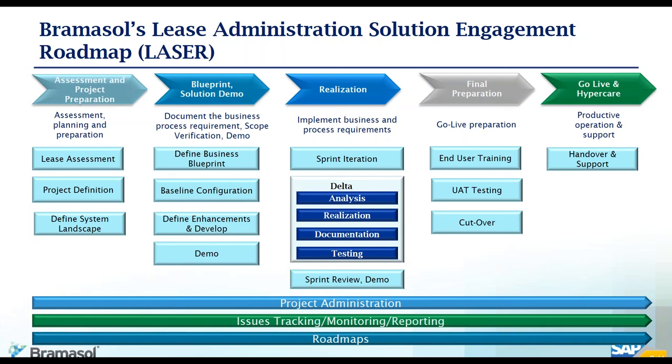So we start with the assessment and project preparation, which is the first step. Then we go to blueprint and solution demo. I'll tell you why this is very important. As I said earlier, the accounting is new. Accounting makes a lot of changes to the business process, which in turn you have to comply with. So you have to change your system, the way it behaves, the way you configure and design it, right? Everything has to be changed, starting from asset accounting, fixed asset tracking, and some of it also goes back to your plant maintenance module and procure to pay areas.